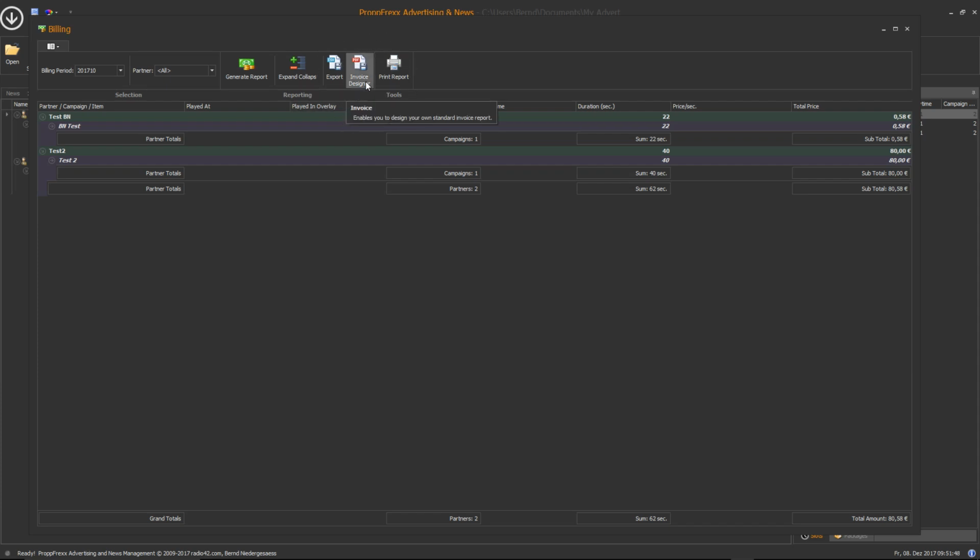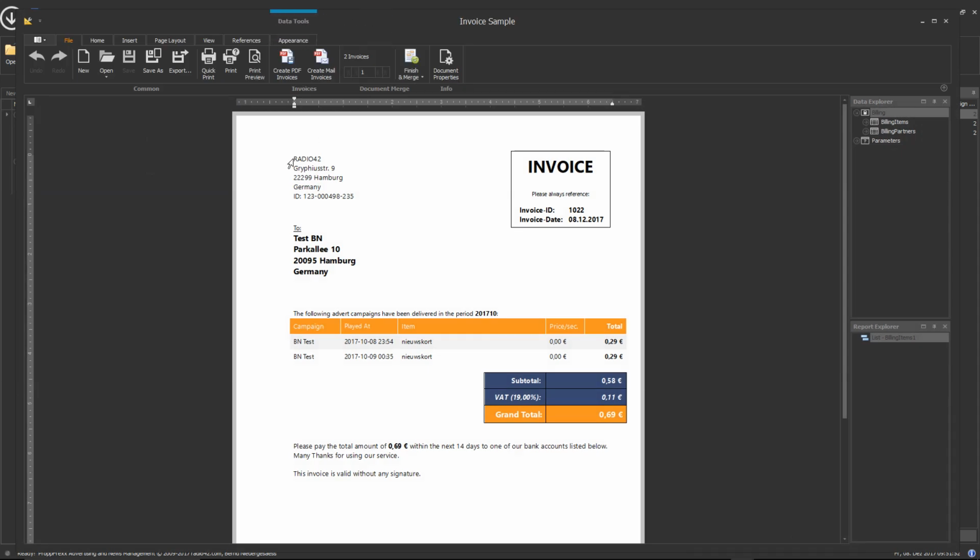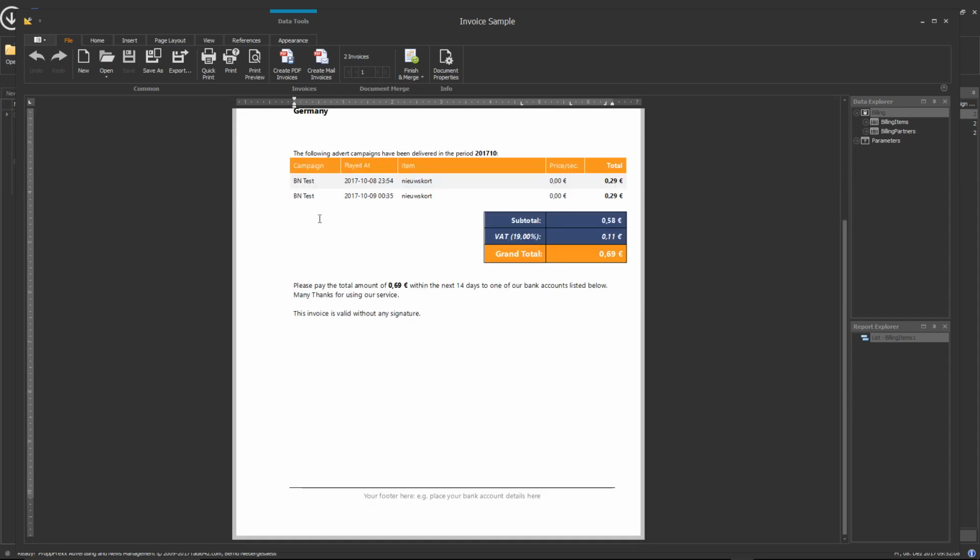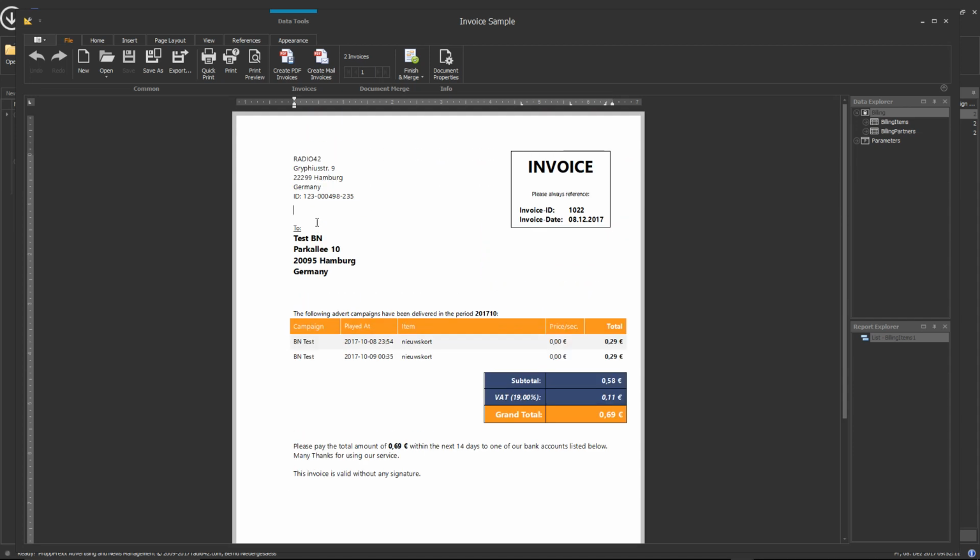There's a new ribbon item up here called Invoice Designer, and when you click on this one, a new application comes up, which is actually a Snap Report Designer. The Snap Report Designer is like a word processor, like MS Word for example, where you can completely freely edit a page of a document, with the specialty that the document can contain certain macros which then reference the data you're linked with the